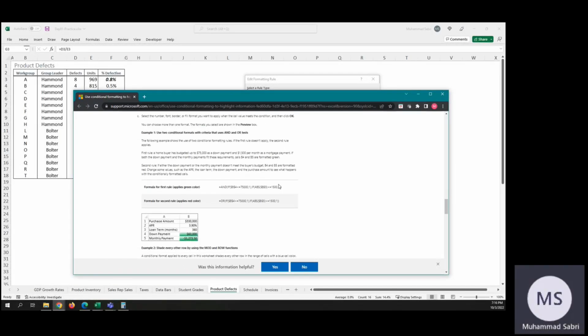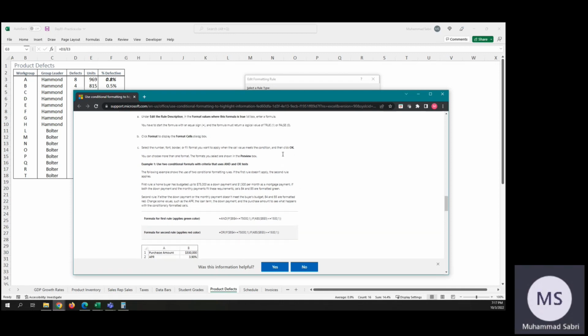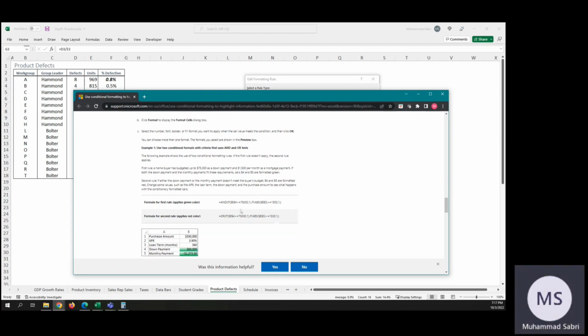So for the first rule that applies the green color, this formula applies the logical AND, which takes two arguments, meaning two conditions. If both of those conditions are true, then it will return true or one. If any one of them is false, then it will return zero. That's why it has two conditions separated by a comma. So you see this comma? That's separating these two conditions. The first condition is that B4 is less than or equal to 75,000. So the down payment in B4 is less than or equal to 75,000,